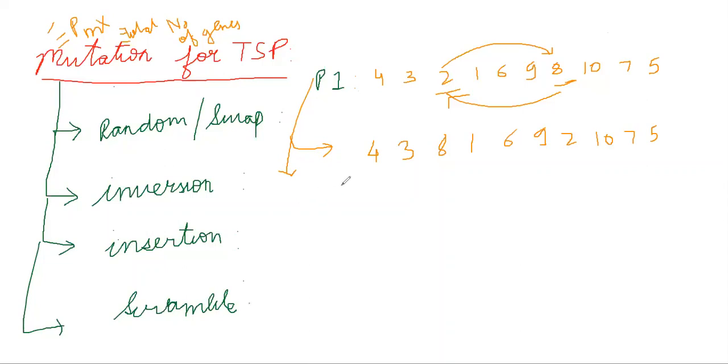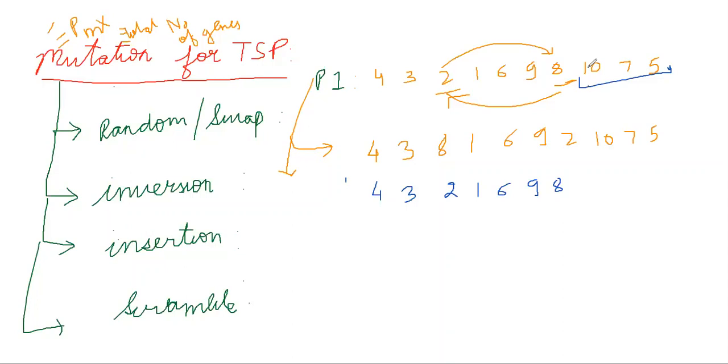So in this, what I do is I select a part or a sub part of my chromosome. Let's say I'm going to select this string. So rest of the positions are going to be the same: 4, 3. Please refer to this, this is my original. So rest of the positions are the same, but I have selected a substring, that is 10, 7, 5.